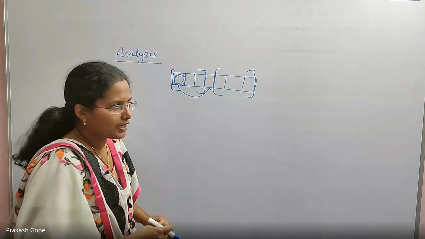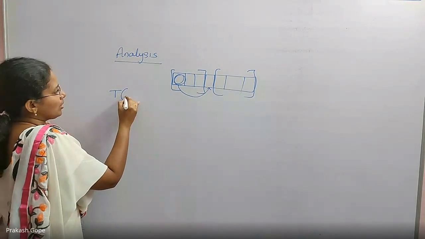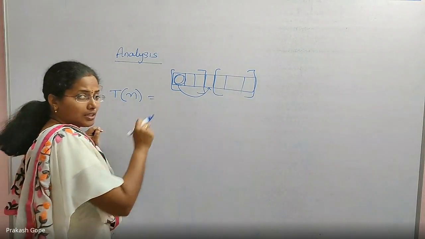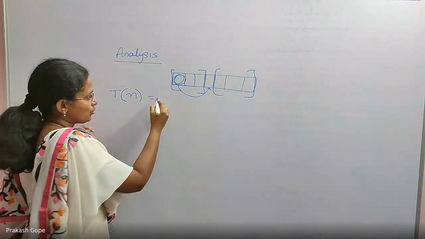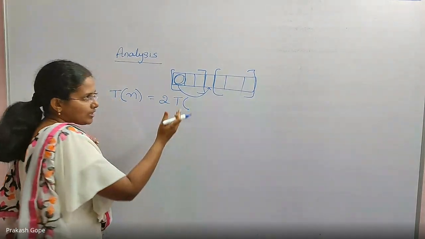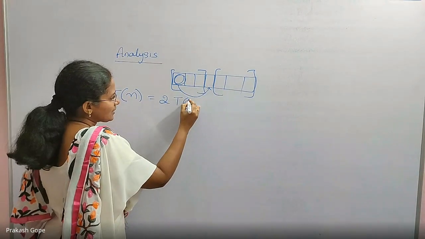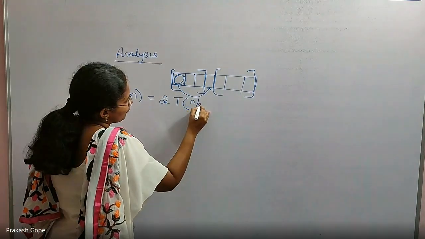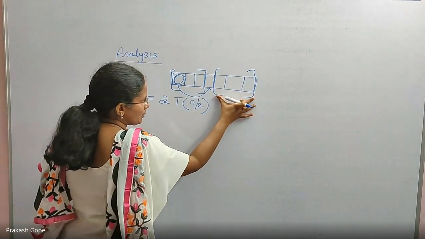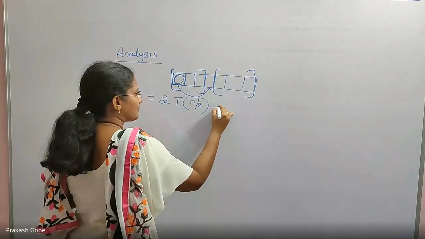So if I have to write the recurrence relation, how does it look? The time taken by quicksort when the input size is n: there are two quicksort calls. So it is two times T of, what is the first part? If the pivot occupied the exact middle place, this one is one half, the other one is also one half. So quicksort on the first half plus quicksort on the second half. So 2 times T of n by 2 plus